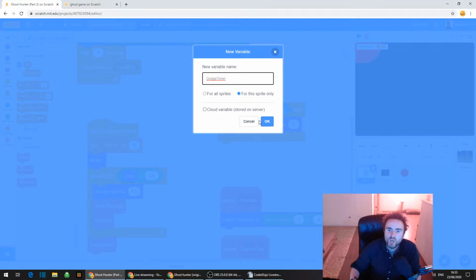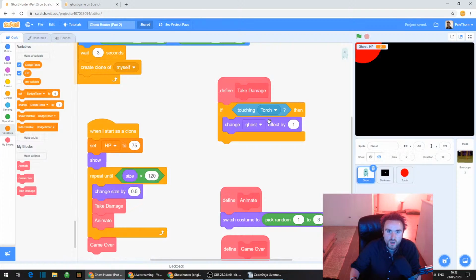Perhaps the terminology of timer is a little bit weird there, because it's only going to tick down when we hold the flashlight on the ghost for a while. So you can rename this to something else later if you find that name confusing. But if you're not sure where this is going yet, just make sure that you create a variable called dodge timer, just like I did. So now you should have two variables, one called ghost:HP and one called ghost:dodge timer.